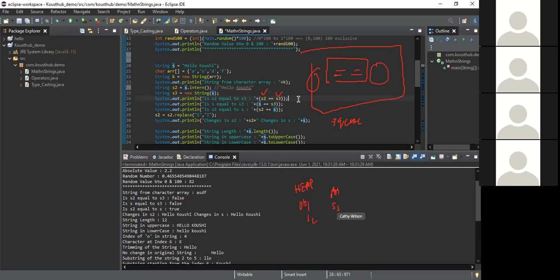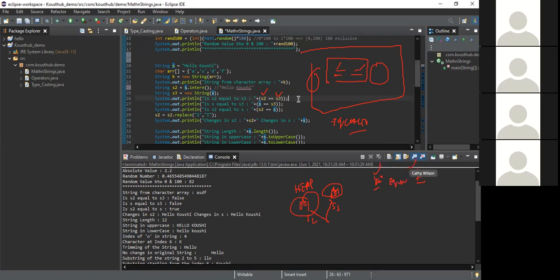Now when you use this double equal to, it will go to this particular object and verify the value in this particular object location. It will point to your memory, get that value and then compare those values. Now the equals method tries to do an exact apple to apple comparison, meaning content verification. Here this content is there, and this content is there. So this equals verification is at the content level.